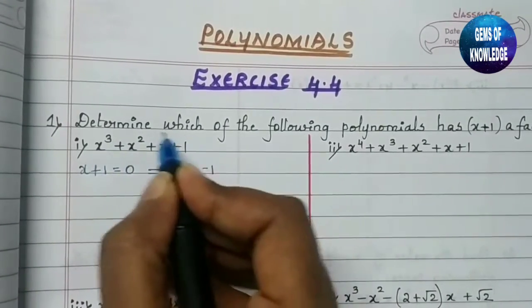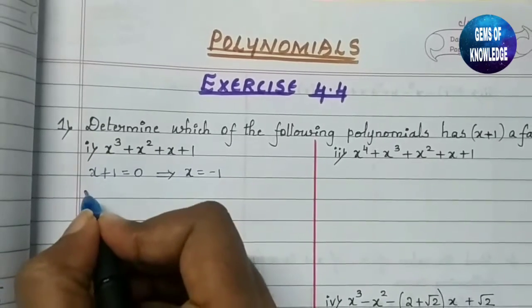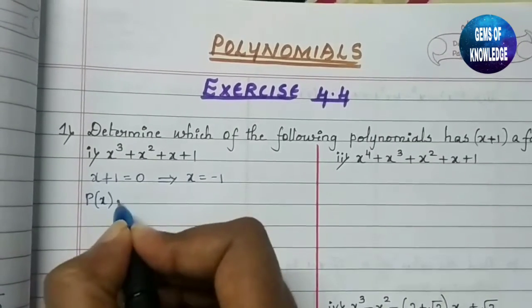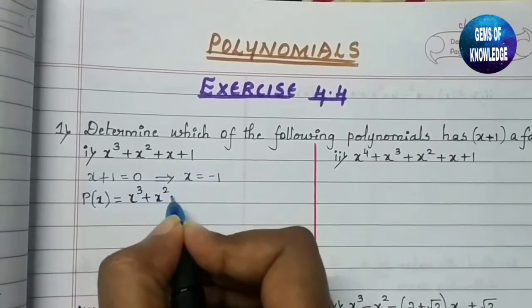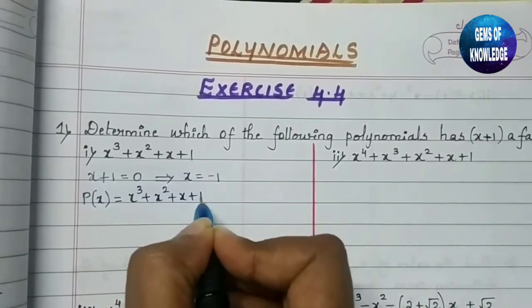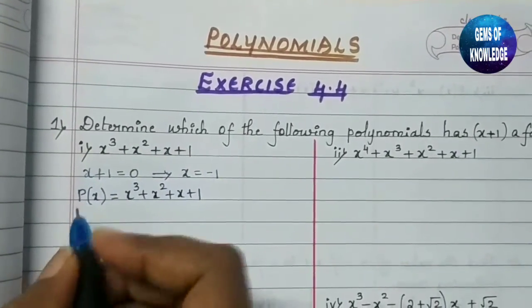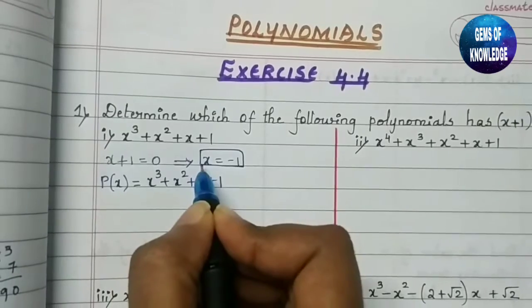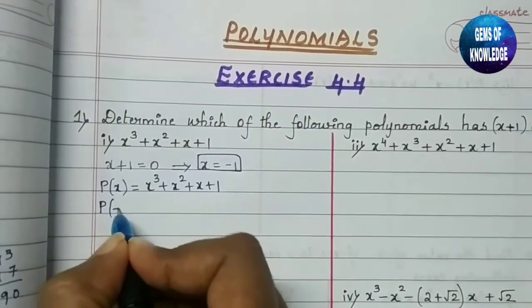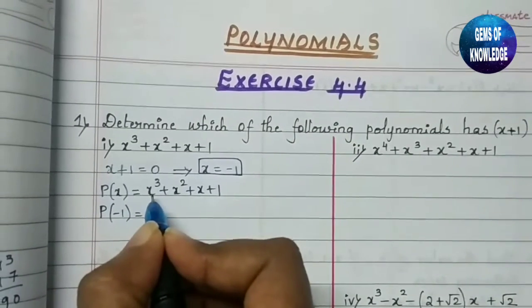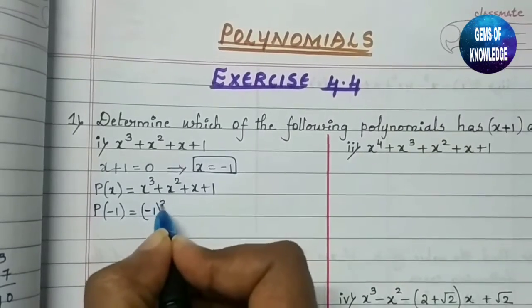So what we need to do here is substitute the value of x into this. Let us consider this as p of x. So our p of x is equal to x cube plus x square plus x plus 1. Now we need to substitute our x value as minus 1 into this. So p of minus 1: instead of x cube, we need to write minus 1 cube,